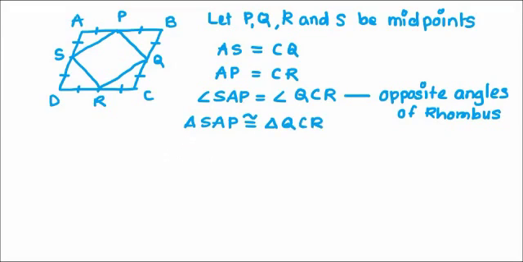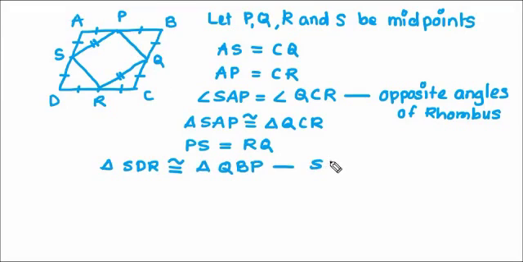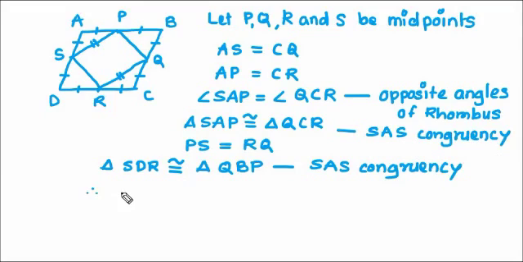And using the corresponding parts of congruent triangle, PS is equal to RQ. And hence we have found out that now these are equal. Similarly, we can prove that these two triangles SDR and QBP are congruent. Side angle side congruency. Here also we used SAS congruency. Therefore,